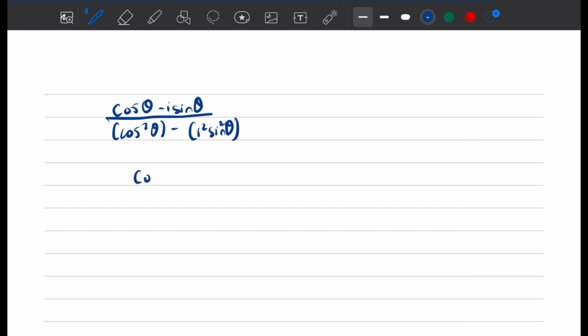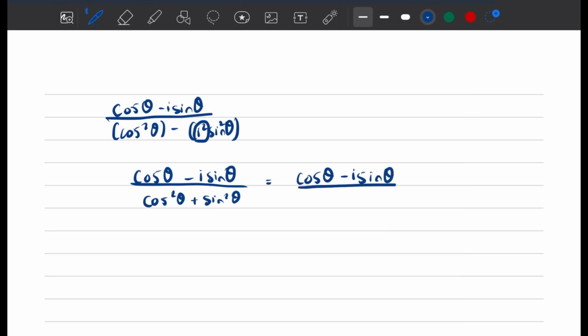So guys, you're going to end up with cos theta minus i sin theta divided by cos square theta minus i square, which is minus 1. So it's going to become cos square theta plus sin square theta. So now I got this cos theta